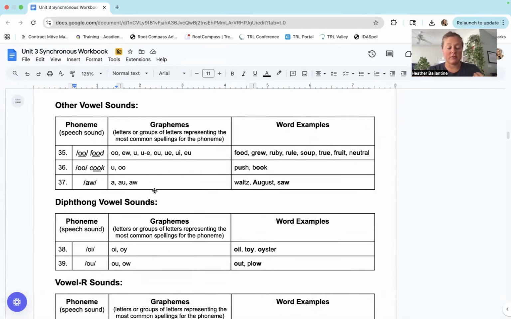So me personally, this sound here, the O sound, I did not know how to say it, and I couldn't even hear it until about 3 years ago. And what pushed me to learn it is I had to start teaching this to teachers. And I said, how can I teach it to teachers if I can't even hear it or say it myself? And so I worked with 3 different speech pathologists, and the woman who finally made it click for me in my brain, where I could actually hear the sound for the first time,